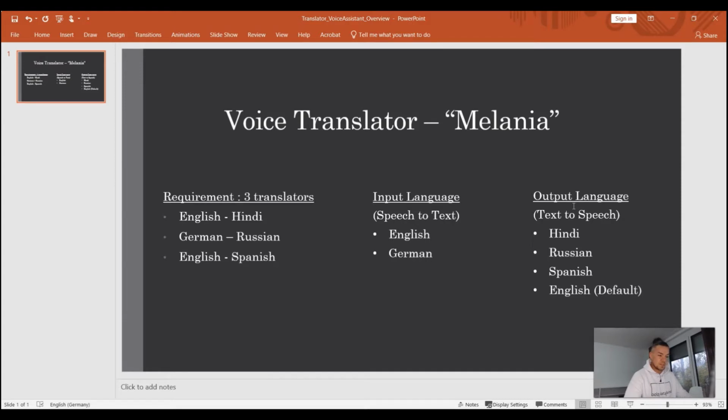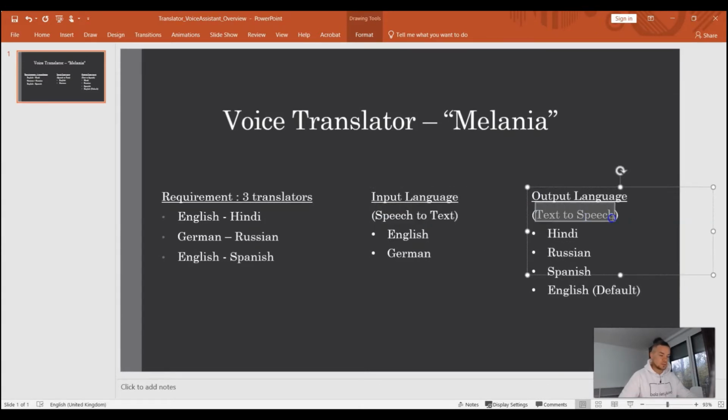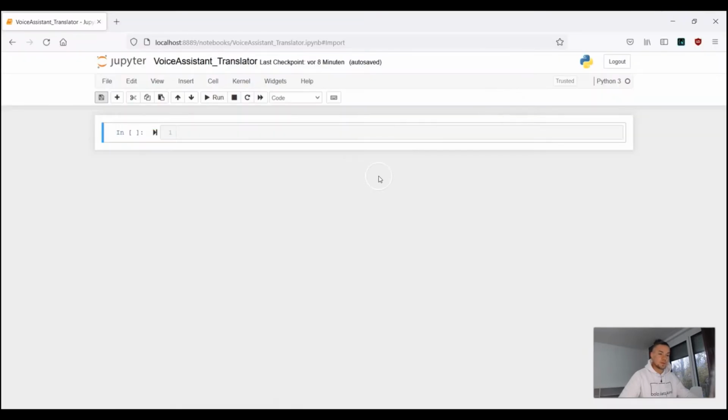This is simplified, explained what this is all about, okay? Just remember, input language equals speech to text and output language equals text to speech, okay? That's it. That means in the first step, we have to build 2 functions which are able to convert speech to text, and 4 functions which are able to convert text to speech, okay? So this is a short introduction, or let's say this is the fundamental part. And now let's go back to our